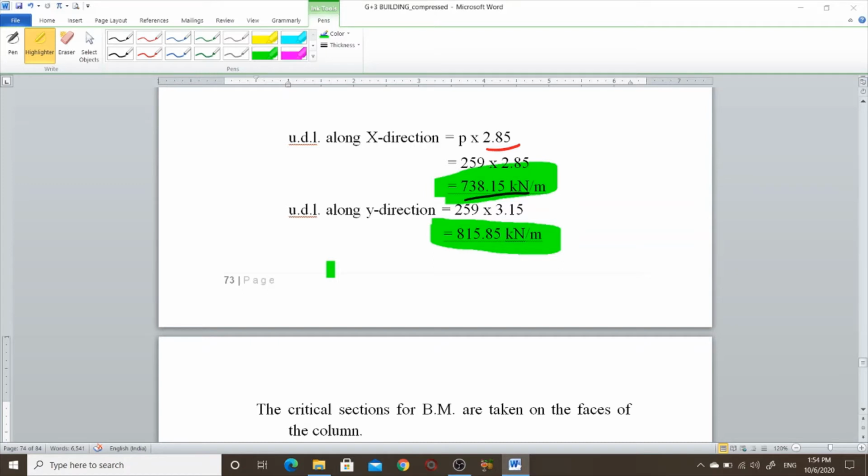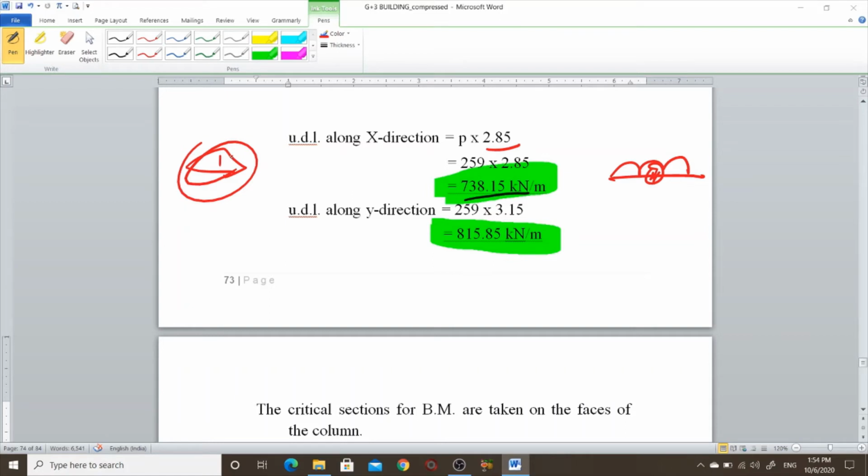But where do we get the maximum bending moment? If it is a beam with a UDL, the maximum bending moment is at the center, you can say it easily. But here it is a footing. In the footing, at which point do we get the maximum bending moment?